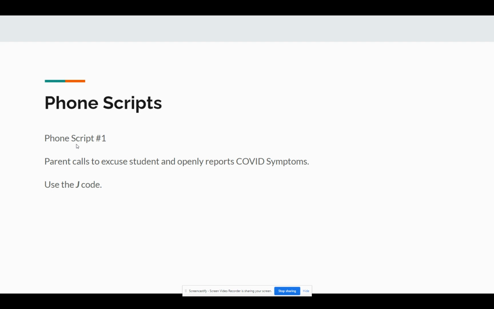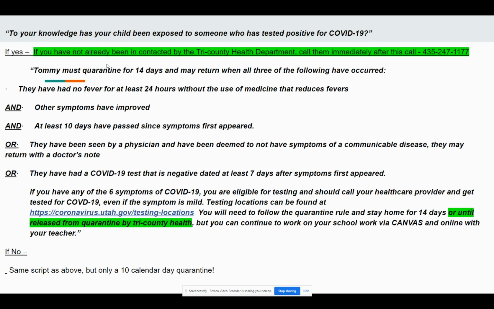COVID-related exposure. The first phone script is if a parent calls in to excuse their student and openly reports the symptoms related to COVID-19. In this case, we use the J code in Aspire to mark their absence. It's important at that time to ask questions. For instance, to your knowledge, has your child been exposed to someone who has tested positive for COVID-19? If they respond yes, then ask them if they've been in contact with Tri-County Health Department, and if not,